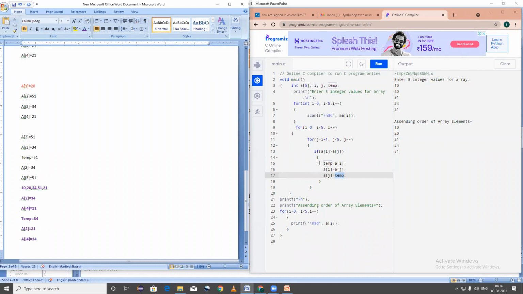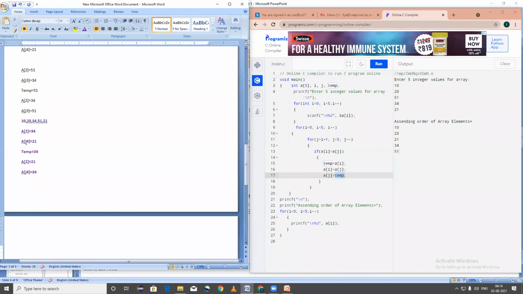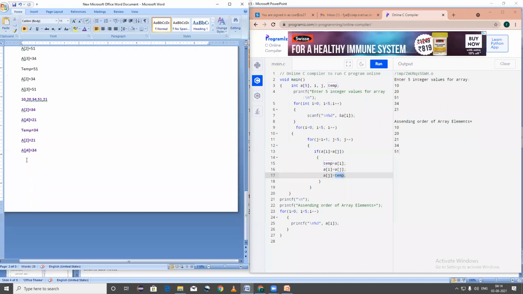Okay, as there is no other statement, I will show you what is the current status of the array. 34 is replaced. Yes, it is swapped with the last number. Okay, do you understand? Okay, now up to this we have cleared.